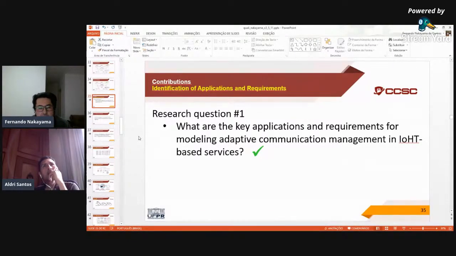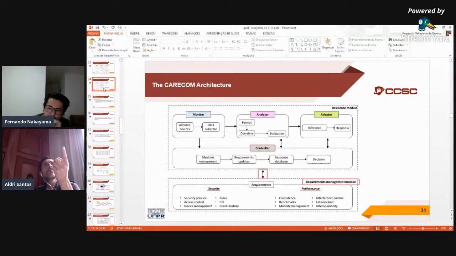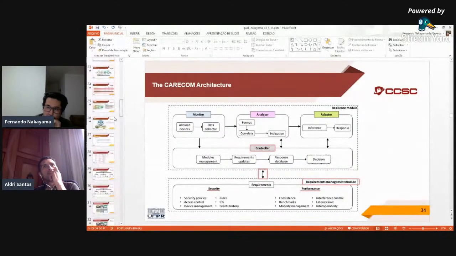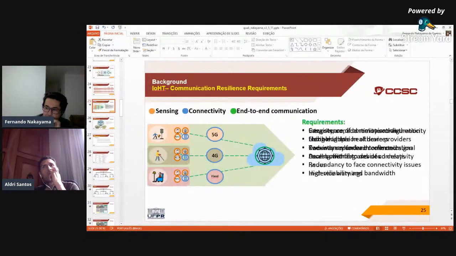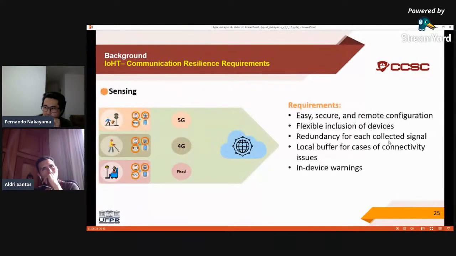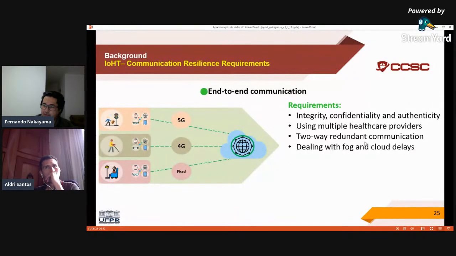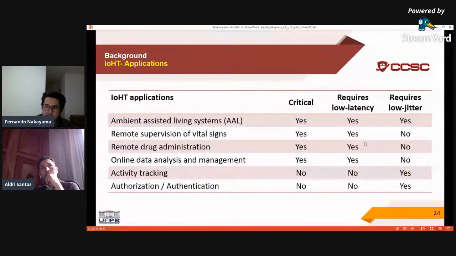When you see this slide 34, maybe you have the requirements about your architecture, right? In the previous slide? Yeah, but these, Professor, are examples of the requirements. The requirements are mentioned in this slide. So these are the requirements for each essential service. And these are the applications we have defined, and we also provided the categorization of the criticality of the IoHD applications.